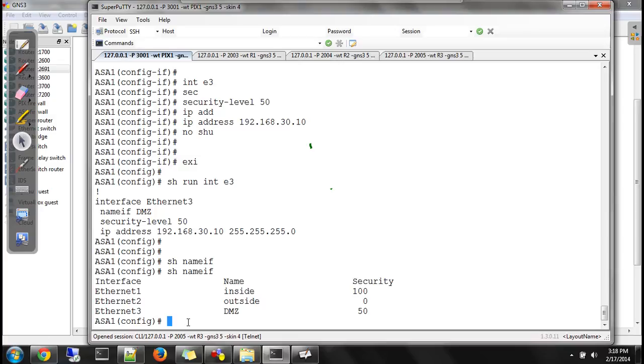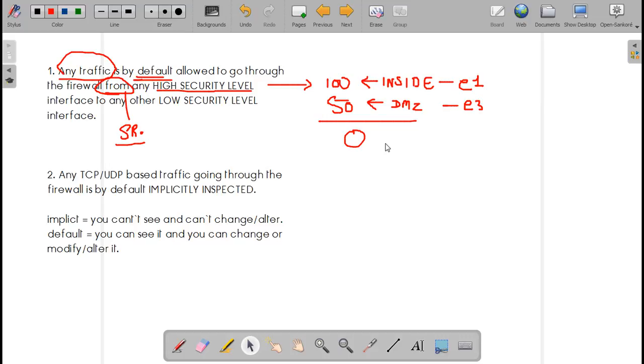Okay, so here the lowest one is your 0, which is assigned to outside, which is nothing but your interface E2. So in this case, your higher level interfaces are E1 and E3. Correct?